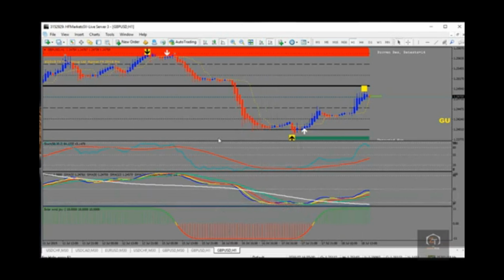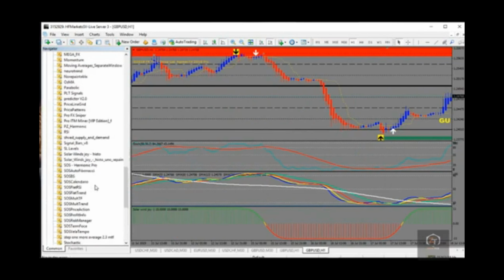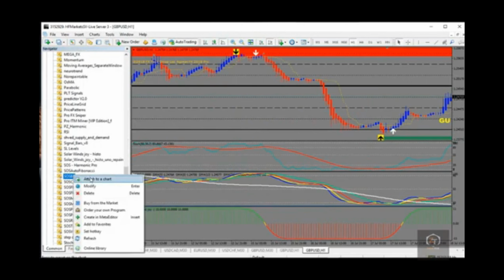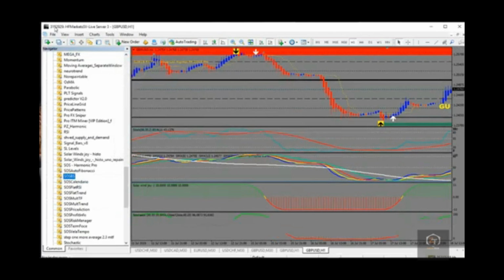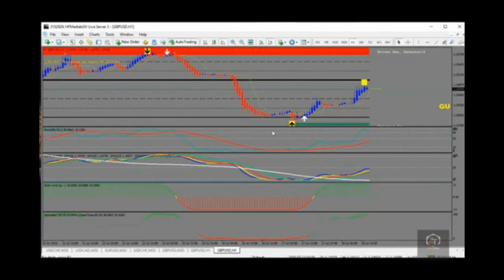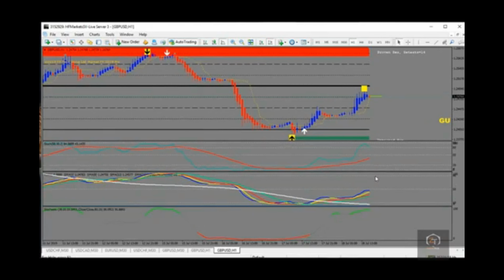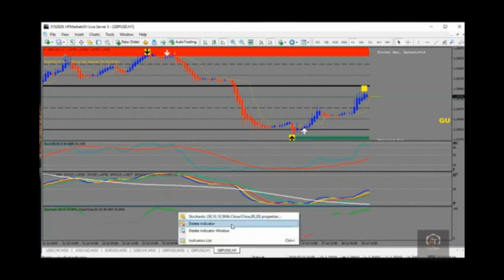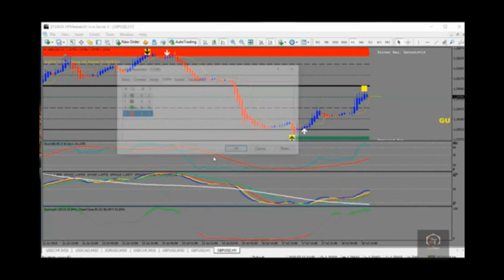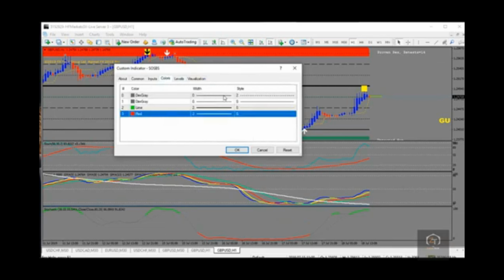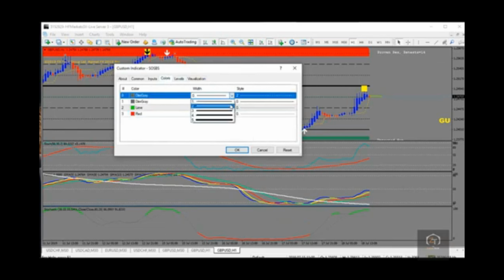So these are the three things you can use, or you can add other things. You still have other ones I can show you. You can add more confirmations, but you don't have to congest your chart with all these things. You can use solar wind. Let me delete that. You can also have this too, all these kinds of more confirmations for you to pick a trade,